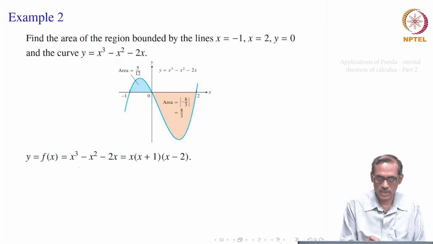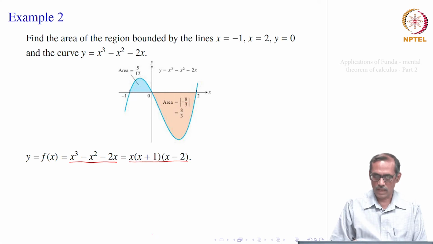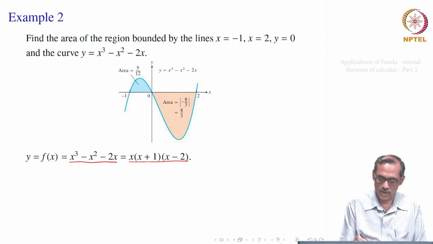Okay. So, what we see, we can factorize x cubed minus x square minus 2x, take x as common. If you multiply them, you get x square plus x minus 2x, which is x square minus x minus 2, x square minus x minus 2 times x. So, this is the correct factorization. Now, this means x you can take out whether it is positive or negative.